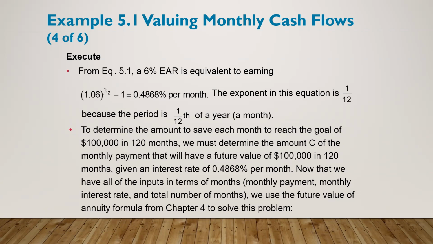The exponent in this equation is 1/12 because the period is 1/12 of a year, which is a month. To determine the amount to save each month to reach the goal of $100,000 in 120 months, we must determine the amount C of the monthly payment that will have a future value of $100,000 in 120 months, given an interest rate of